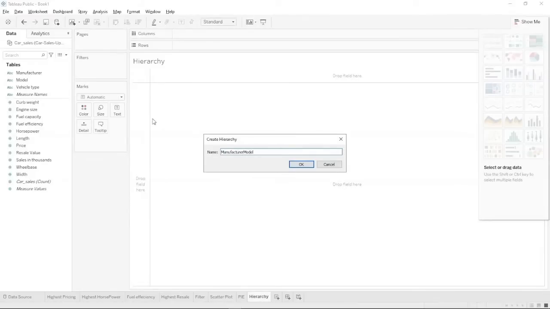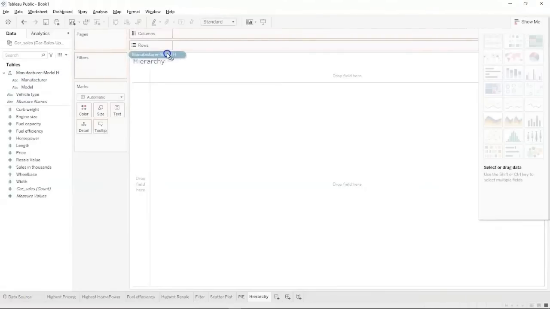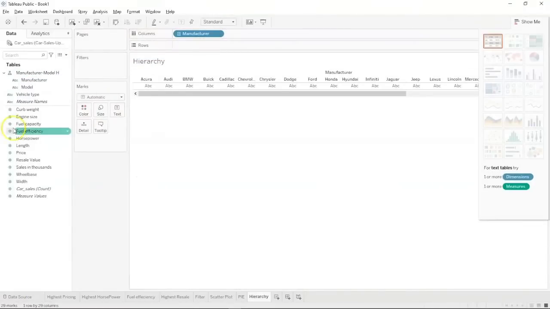Now let's rename it as manufacturer model hierarchy, or just let it be as H so that it's a bit more readable. Now you can see that we have the manufacturer model H hierarchy, and inside that we have the manufacturer and model. Now we can drag the manufacturer model hierarchy onto columns, and we can drag the car sales into rows,